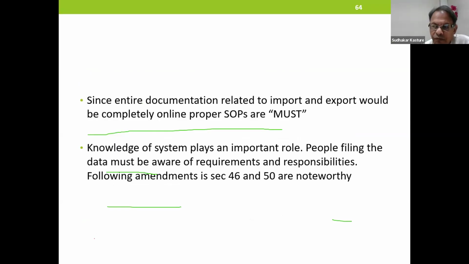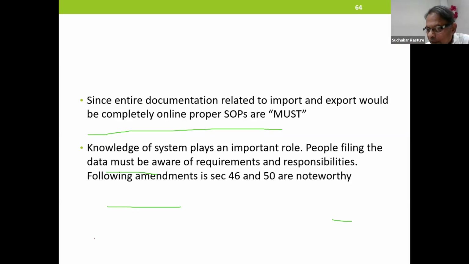DGFT has already issued a trade notice in February 2026 for amendment in Negotiable Instrument Act, Stamp Duty Act, etc., primarily to correlate paper documents having same legal reference or same legal equivalence with an electronic document. So wherever, like we say, 3 originals of bill of lading, e-bill of lading will also have the same legal value. It's a question of amendment to the law that will be carried out.